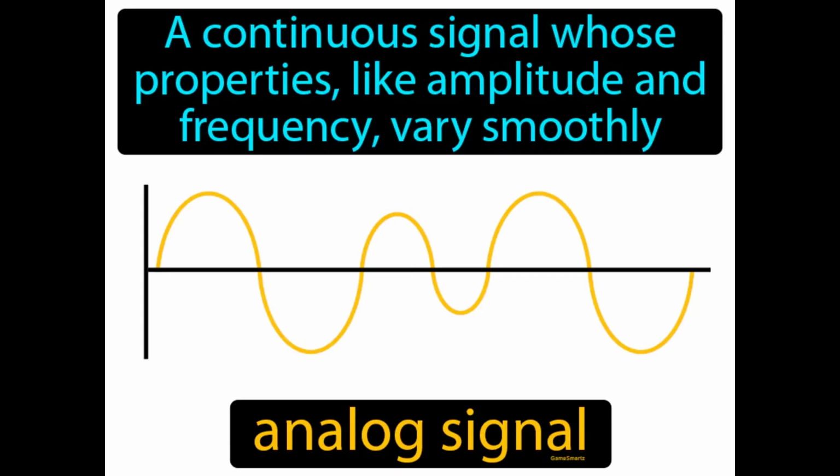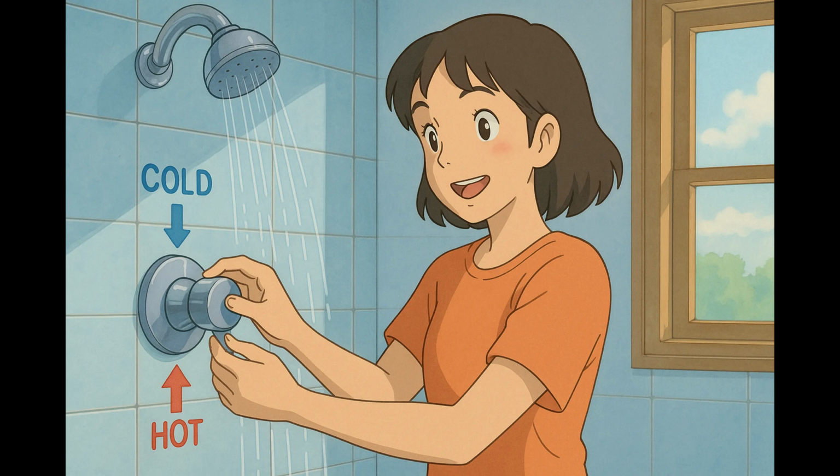A continuous signal whose properties, like amplitude and frequency, vary smoothly. Analog signal. An analog signal is a type of signal that varies continuously over time, like the sound waves of music. Think about trying to adjust the water temperature in your shower to find that perfect balance between too hot